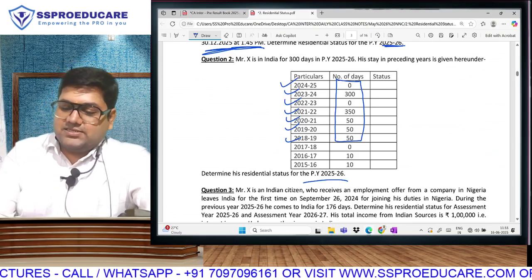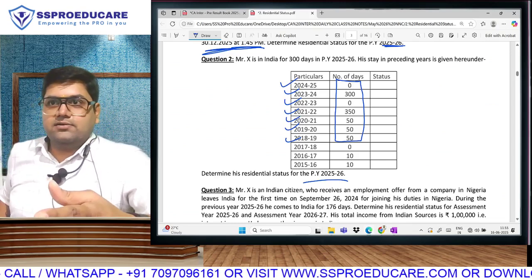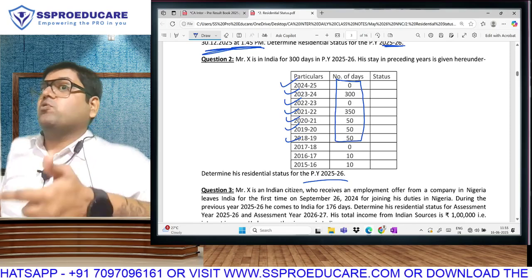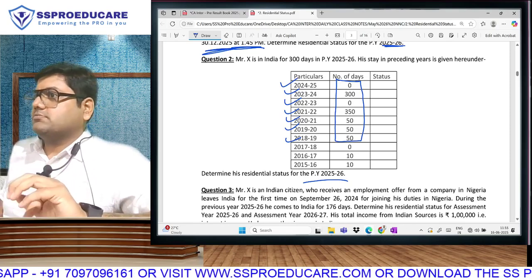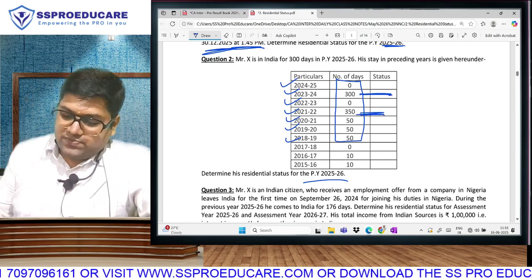2 out of last 10 years. Now see, individually if you start checking, you can do that. But here is where you have to use your smartness. Try to answer in as minimum time as possible. Can I clearly see 300 and 350 here? That means 23, 24